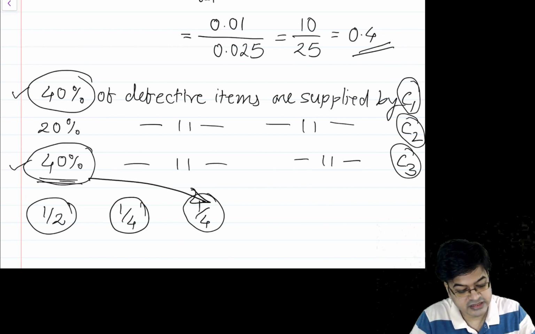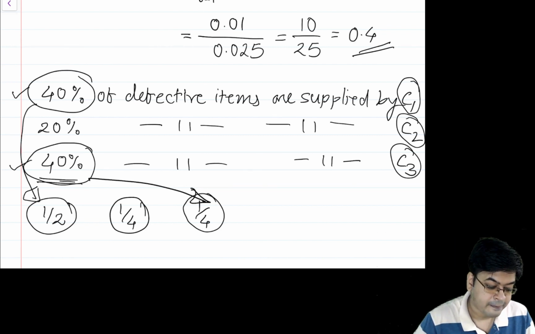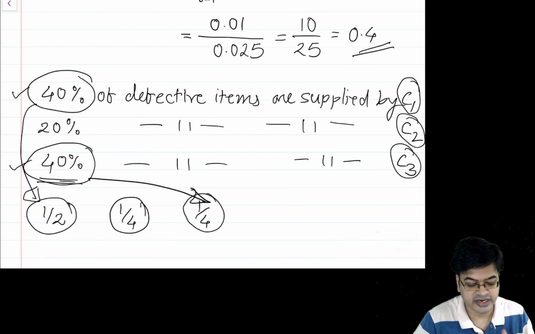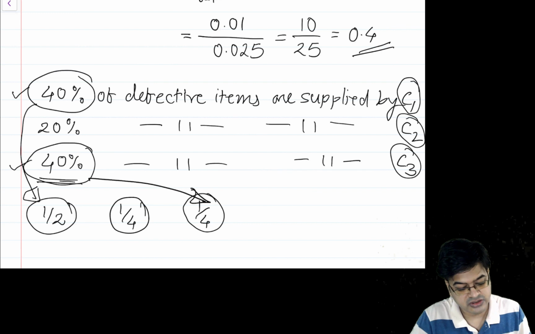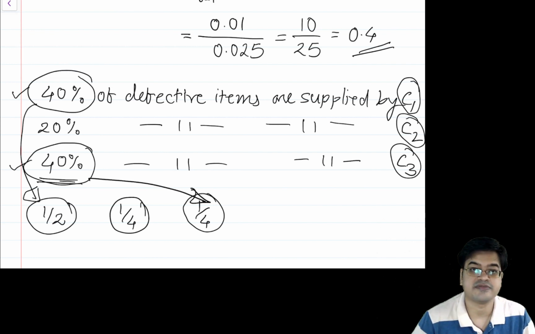And this guy is supplying half of the material, still he is supplying more material, still his defective rate is the same as 40%. So in that case, this quality check inspector may decide to knock off this person, this company, from the contract list. So this is how the cause and effect relationship is identified using Bayes theorem. That is the importance of Bayes theorem.